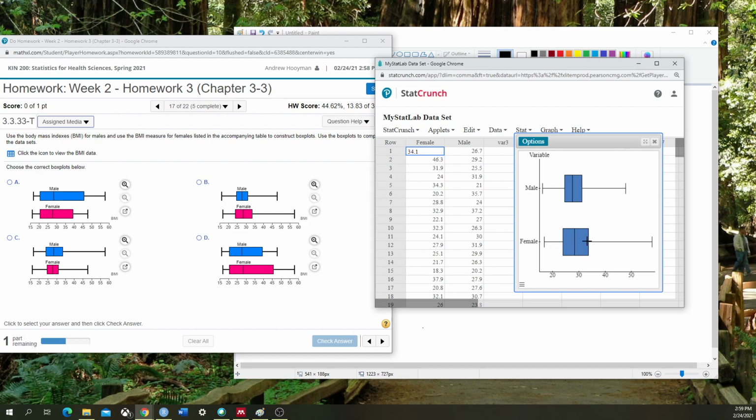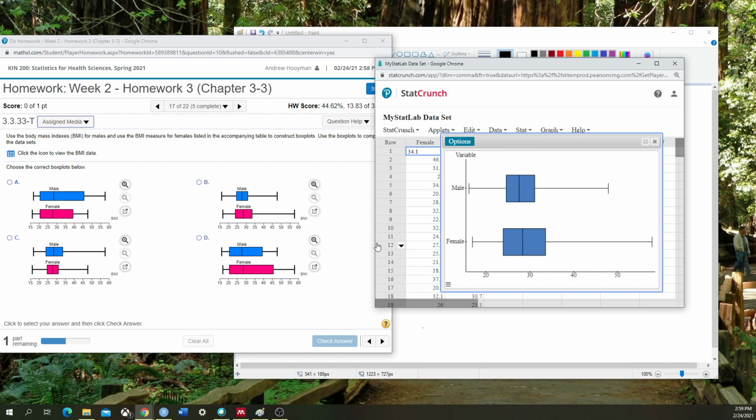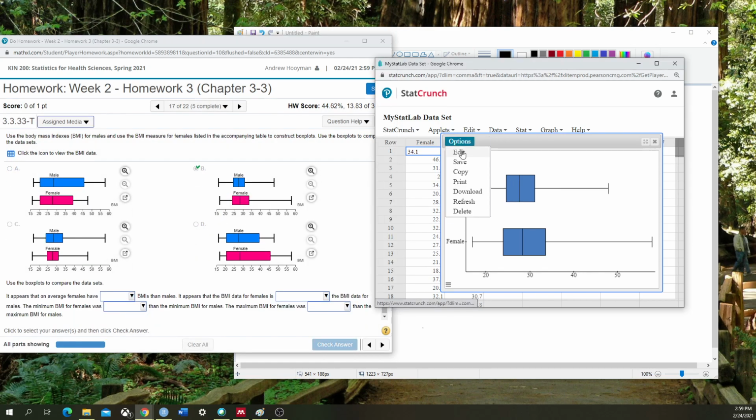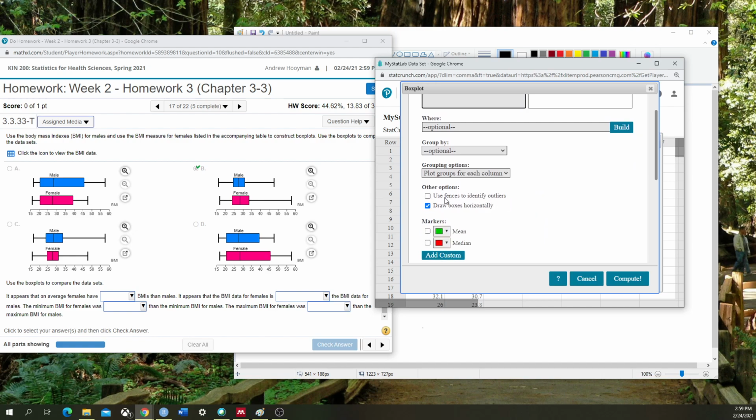And now I can just compare looking at the 2 of them. This one looks pretty good. I'm going to go with this one. Well done. Now if you see here, what I had done before that you might have missed is that I